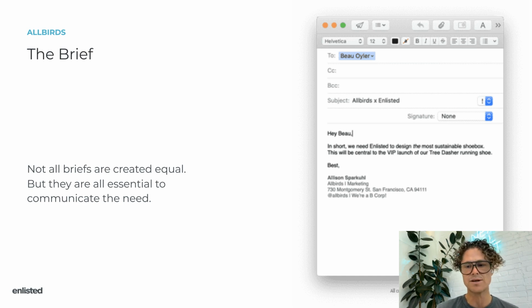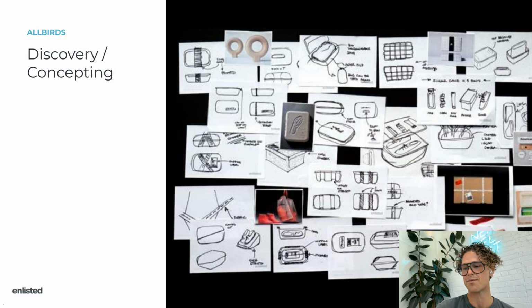And so when they reached out to us, the brief was actually really, really simple. It was, Enlisted, help us develop the most sustainable packaging on the market, something to that effect. And we're like, okay, yes, I think I was wearing my Allbirds at the time. I'm like, yeah, all right, sounds good. And so we jumped into this program, really just